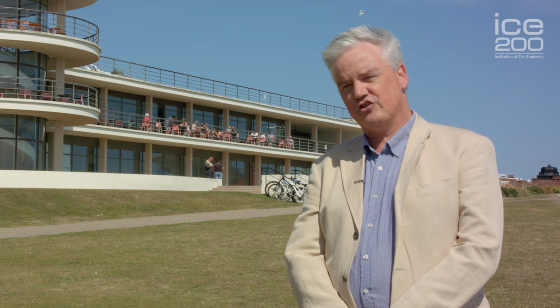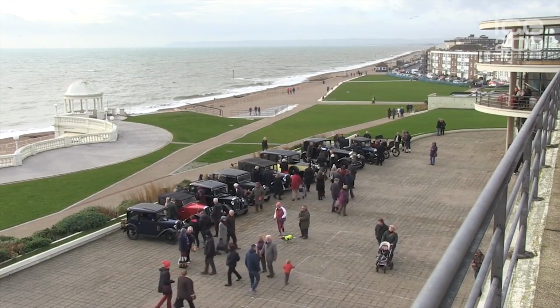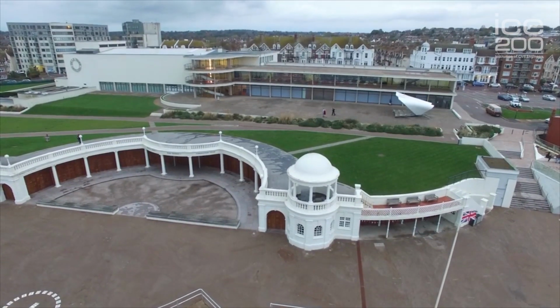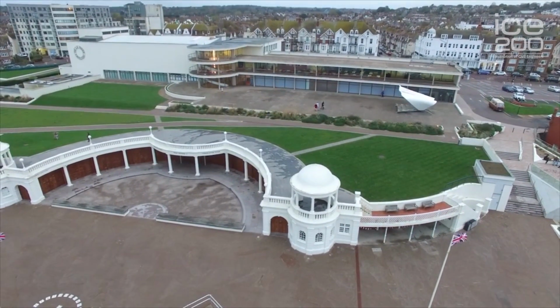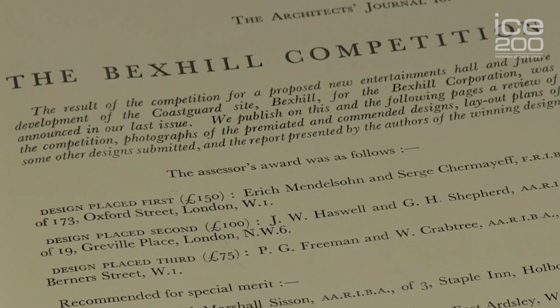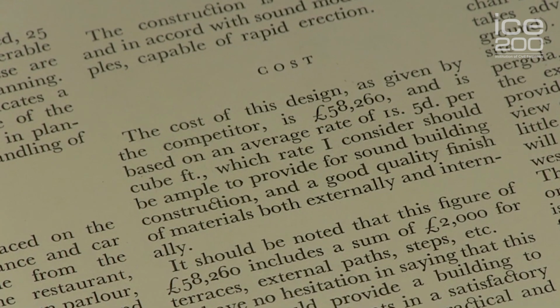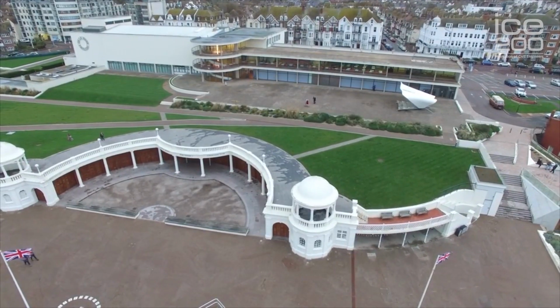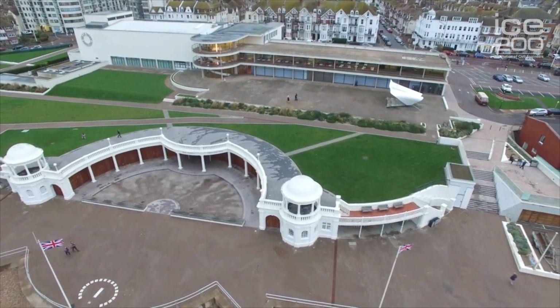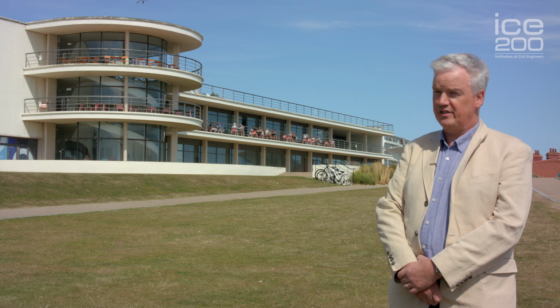He was very altruistic in his outlook, and he very much wanted to create a place of entertainment which improved the lives of the local people. De La Warr decided to initiate an architectural competition, and he consulted an architect called Tate to help him draw up the brief, and together they created a brief for what is effectively a very modernist building. De La Warr was very much of a mind to improve people's well-being, and his original vision is pretty much as it